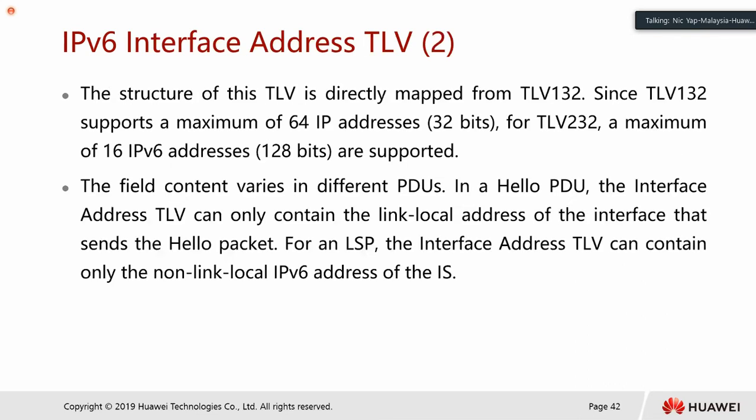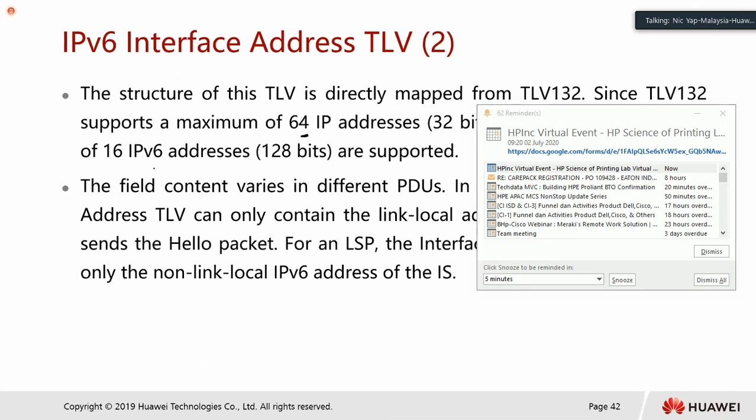And this is how the address structure of the TLV looks. As I mentioned just now, it maps from TLV 132. TLV 132 supports a maximum of 64 IP addresses, and TLV 232 for IPv6 supports a maximum of 16 IPv6 addresses under a single IPv6 address